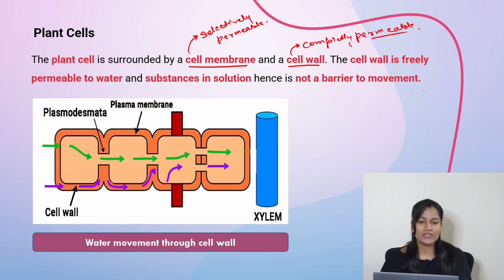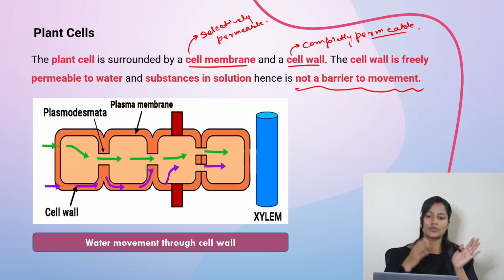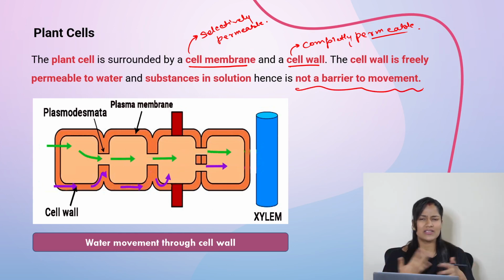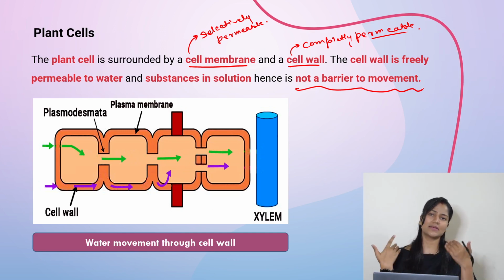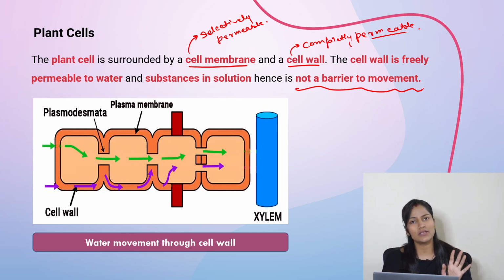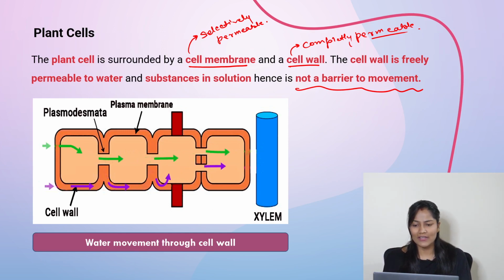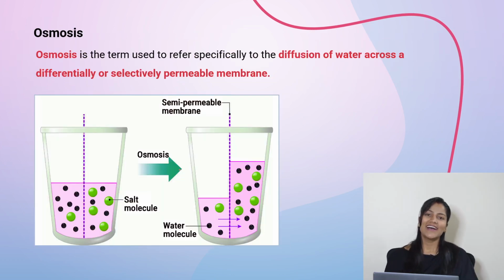The cell wall is freely permeable to water and substance in solution, hence not a barrier to movement. तो सेल वॉल कभी भी किसी को नहीं रोकेगा, सेल वॉल के थ्रू पानी आराम से आ सकता है, पानी के अंदर जो भी चीज डिजोल्व है इजीली मूव कर सकती है। सो एज यू कैन सी, देखो सेल वॉल के अंदर अंदर हमारे पास मॉलिक्यूल्स मूव कर रहे हैं, राइट, वाटर का मूवमेंट हो रहा है सेल वॉल के अंदर, और प्लाज्मा मेम्ब्रेन के थ्रू भी हमारे पास ट्रांसपोर्टेशन होगा। चलो, अब हमारे पास वर्ड आ जाता है ऑस्मोसिस।